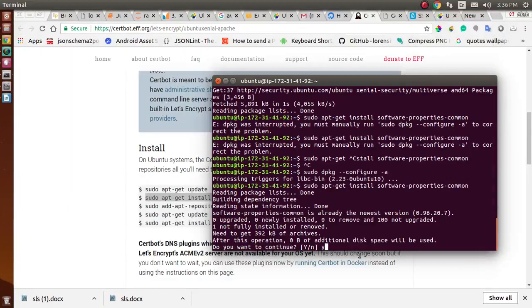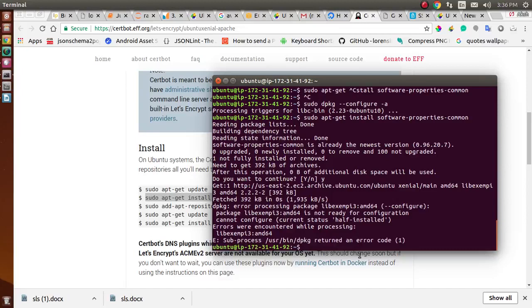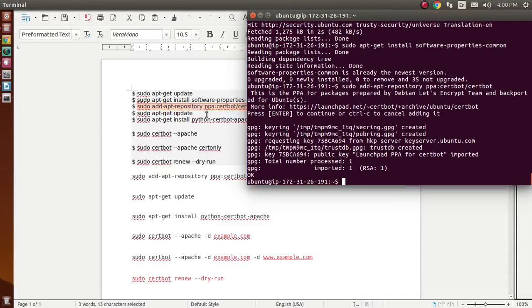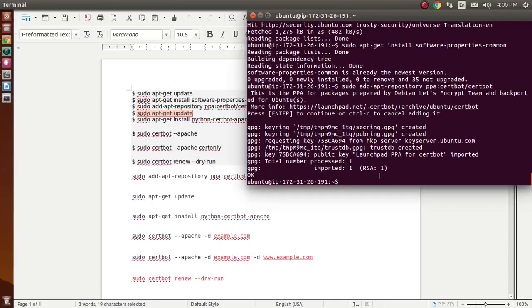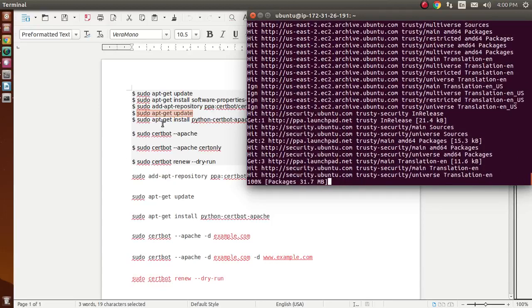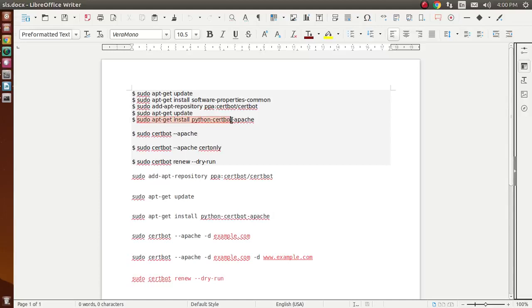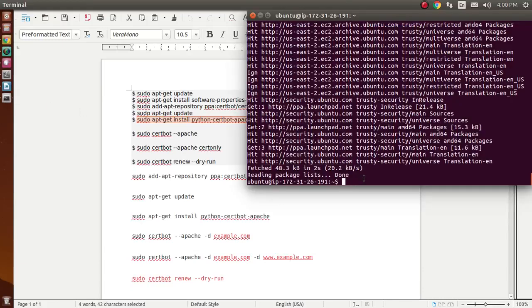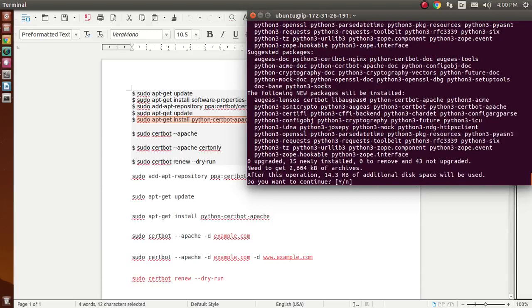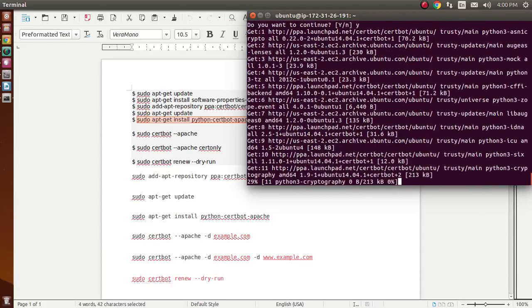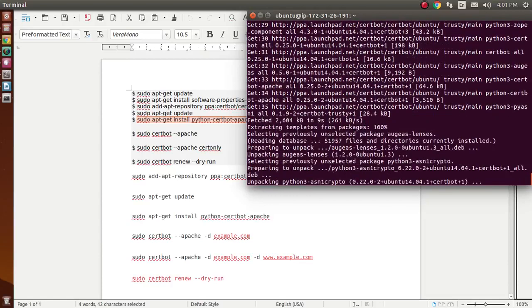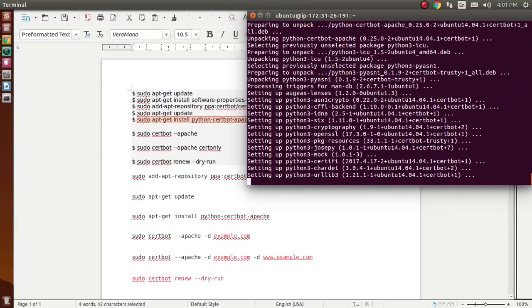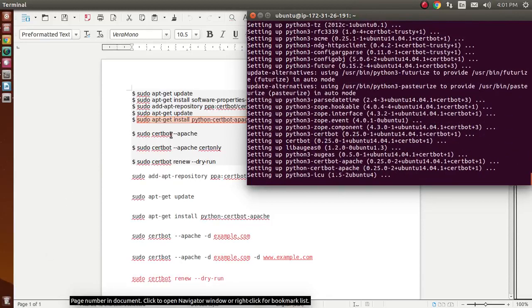After running this command, the next command we run installs Python Certbot Apache.